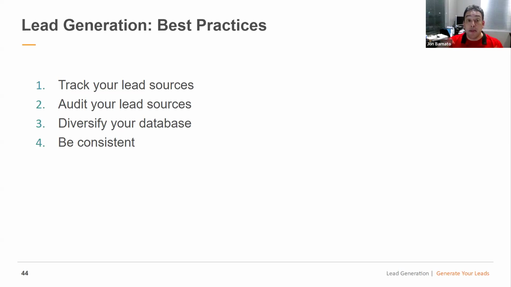I can tell you most agents are really good at 1 to 2. They recommend 3 to 4, but most agents start getting good at 1, honestly, and maybe 2 lead generation things, and then they expand from there, but they get really good at 1 or 2, right? So just audit your sources, know you're doing it. Now, I'm just going to let you know, you should think about your personality when it comes to lead gen.